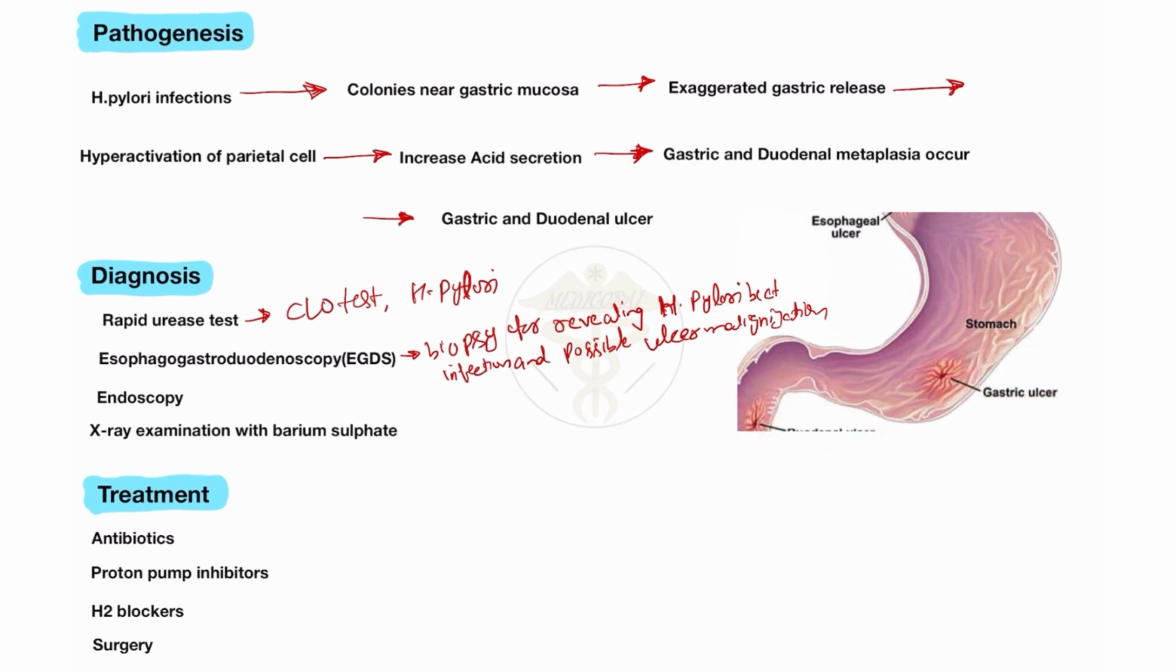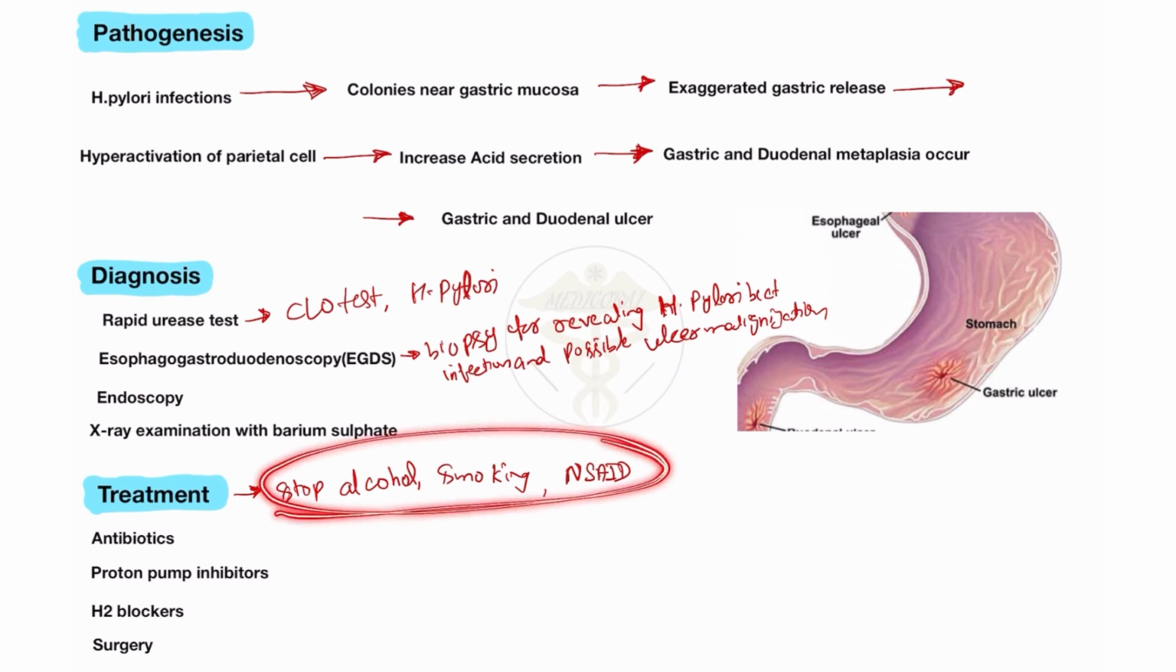What is the treatment for peptic ulcer? First of all, the main treatment is that we will tell the patient to stop taking alcohol, to stop smoking, and to stop NSAIDs. If the patient takes NSAIDs, then we will tell the patient to stop taking them. And when the patient does not consume alcohol, is not a smoker and is not taking NSAIDs, then we will try to treat with antibiotics,